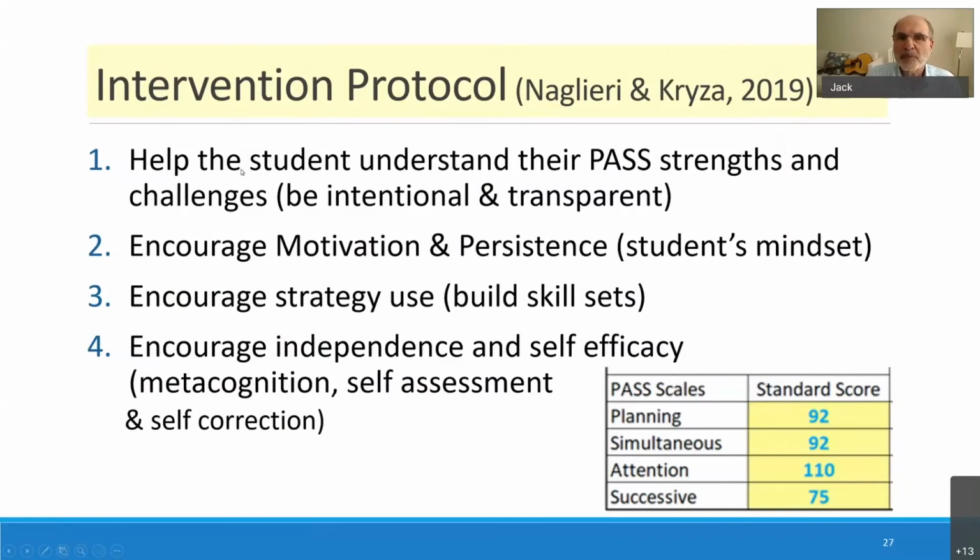The first step is help the student understand their past strengths and weaknesses in a very intentional and a very clear and transparent way. How often do we tell the students what we found? Not very often, but you can now because PASS is not so complicated. I mean, it's just not. It's pretty straightforward. So what that does is that changes the student's mindset about themselves, because now